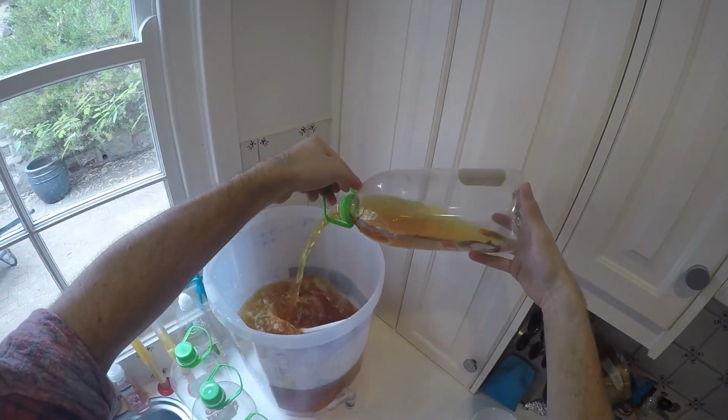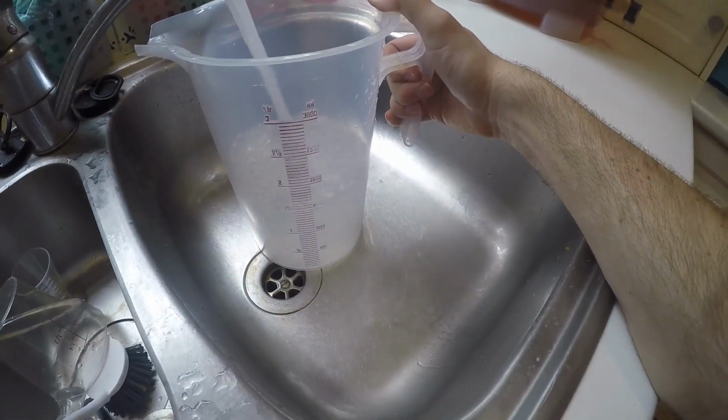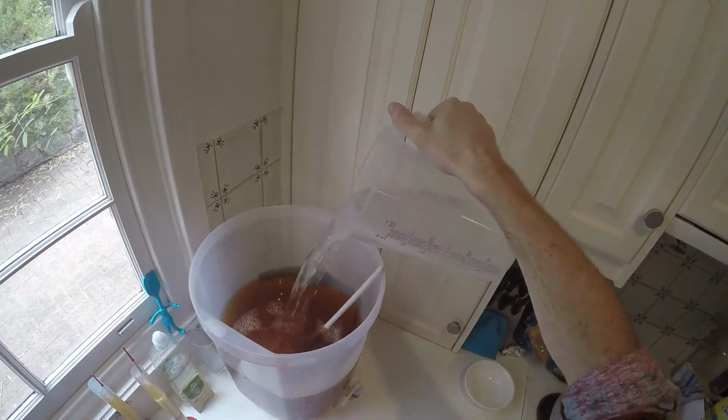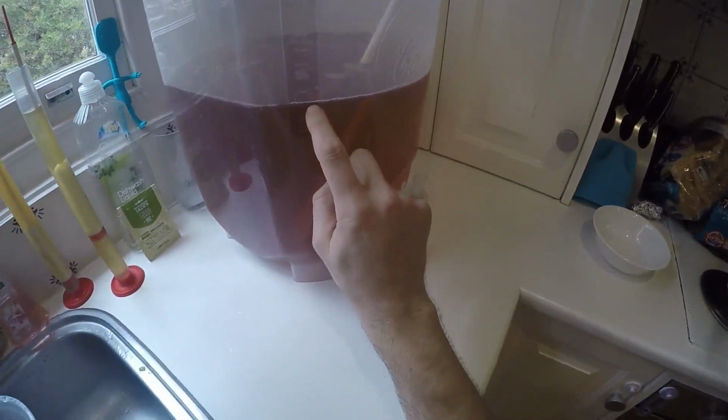In goes the Splenda, stir it around, and then that's the last one. So I think I've put in 5 of those. That makes 15 litres plus another 3. There we go. So 18 litres in total, and I'm watering it down to get sort of the alcohol strengthness